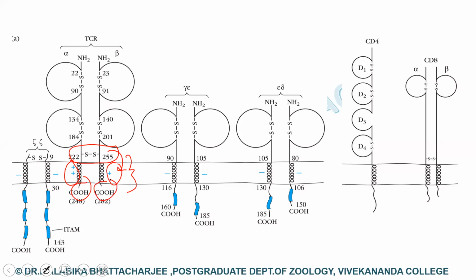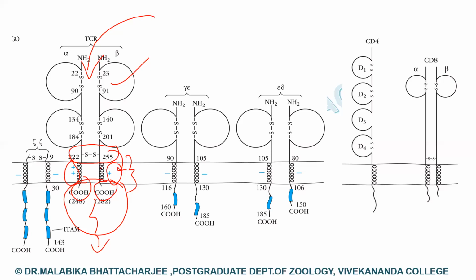cytoplasmic tail. From this basic structure, one thing that can be understood is that when an antigen comes and TCR recognizes the antigen peptide complex, automatically the T cell will be activated. And we all know that at the cytoplasmic end, once the receptor is activated, the signaling process starts downstream in the cytoplasmic end.